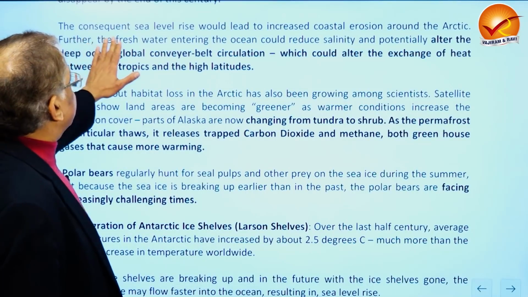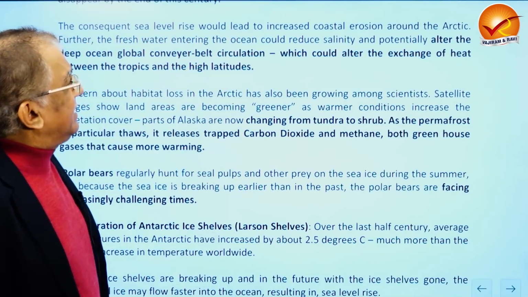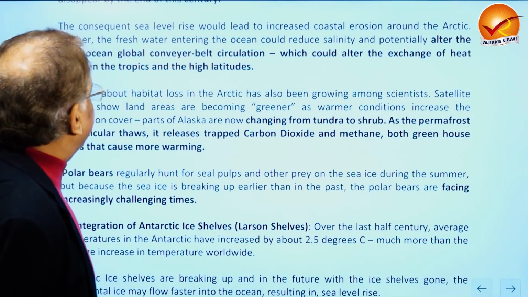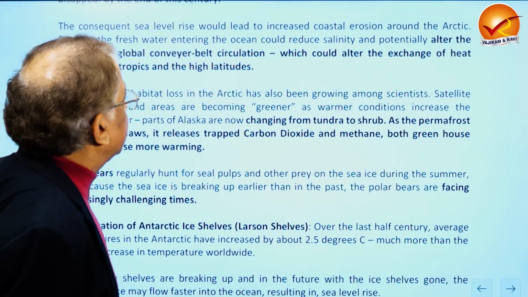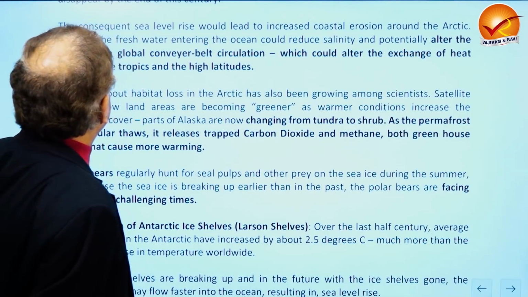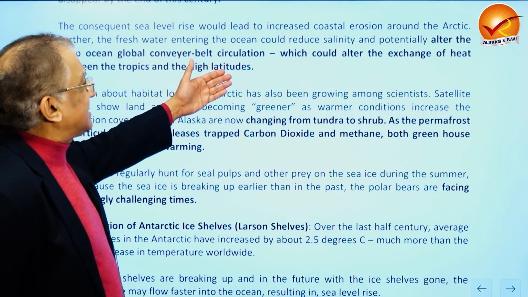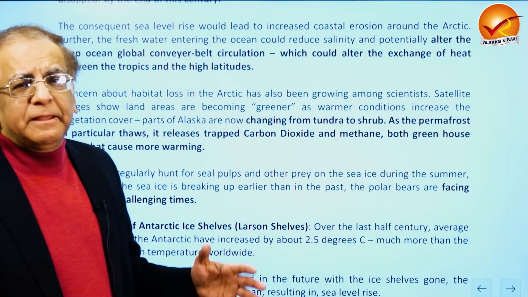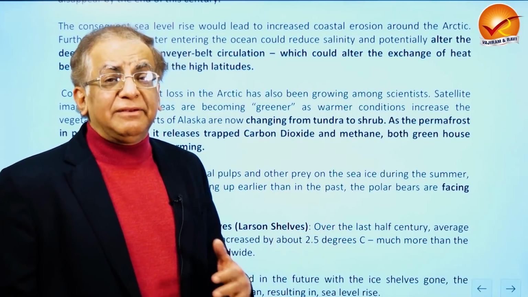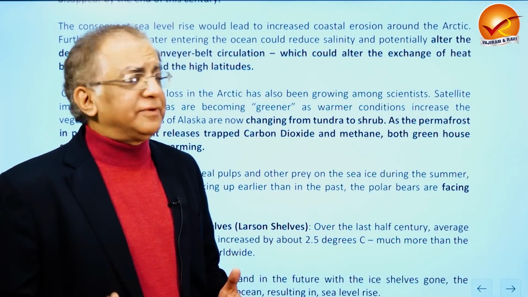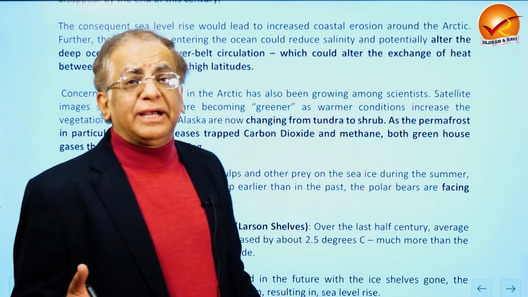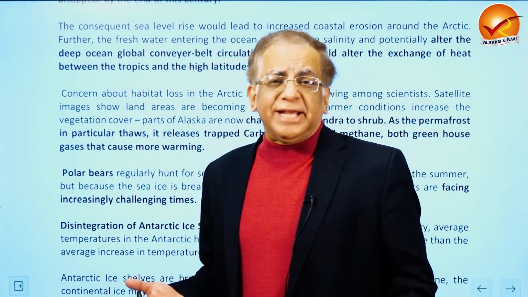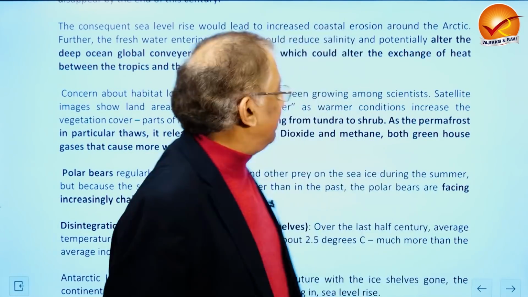So we say the consequent sea level rise would lead to increased coastal erosion around the Arctic region. Further, the fresh water entering the ocean could reduce salinity and potentially alter the deep ocean global conveyor belt circulation. You know that ocean currents make a conveyor belt for energy transfers, and they are going to change because of this melting. Currents like Labrador and Oyashio are going to change in a big way,